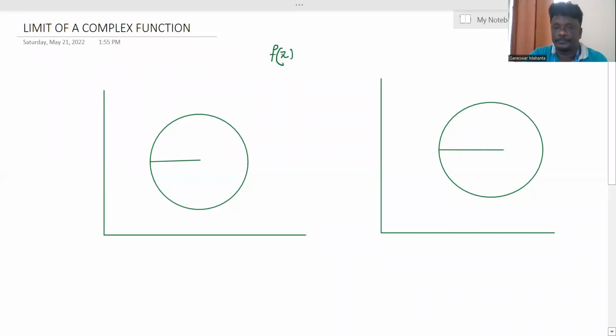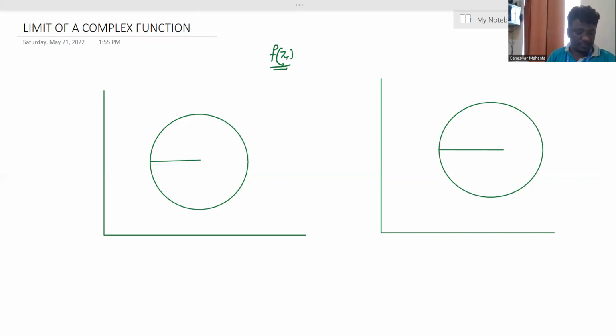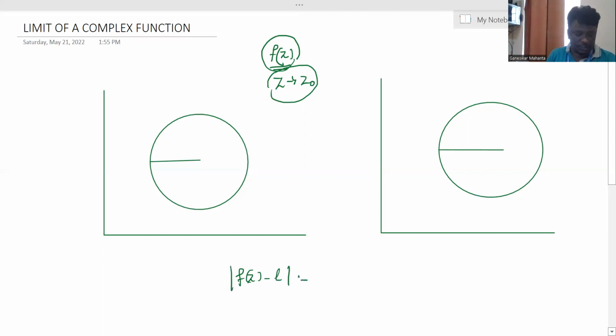So first, you choose f(z). That is a function, and we need to find the limit of that function. Then we can say z tends to z0, z approaches z0, of the function. That is the limit. But when considering the two conditions, the modulus of f(z) minus L is less than epsilon,